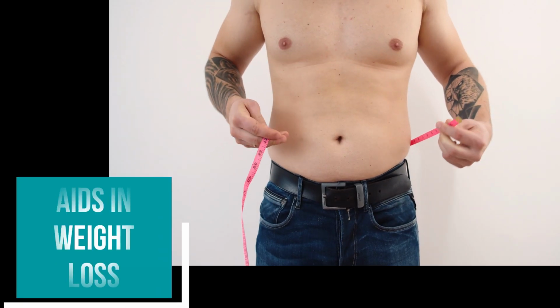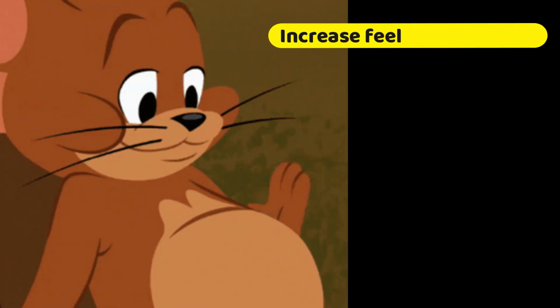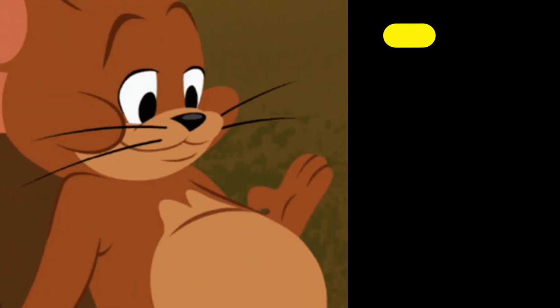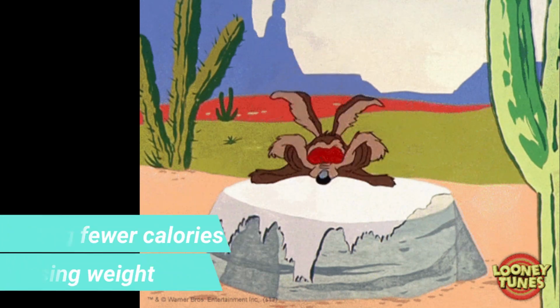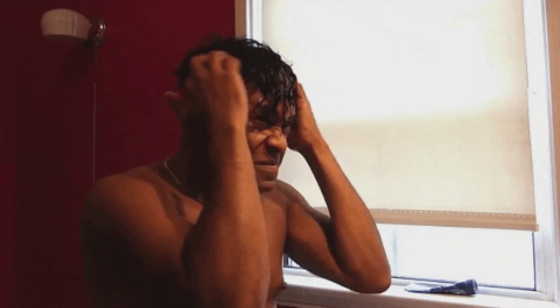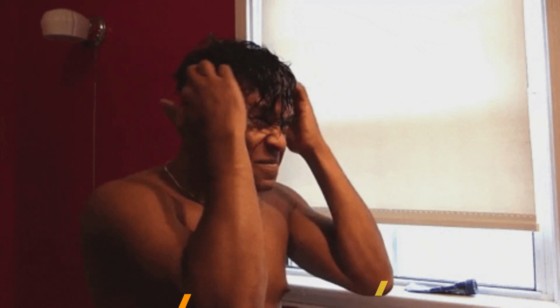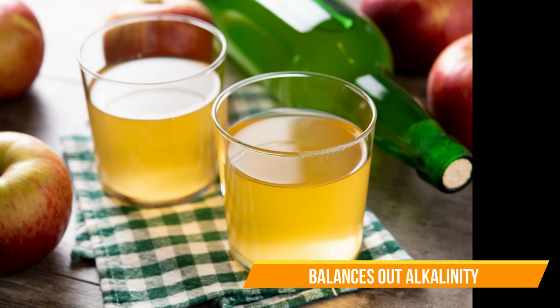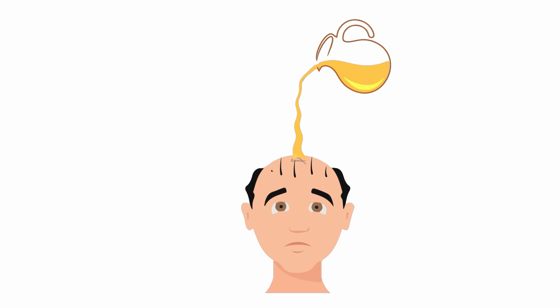Vinegar may also aid in weight loss. Several human studies have shown that vinegar can increase the feeling of fullness, and this leads to eating fewer calories and losing weight. Apple cider vinegar is also helpful for hair. Dryness of hair and scalp is a sign of increased alkalinity, and this mild acid can help balance it out. Thus, apple cider vinegar may help relieve itching and flaking of the scalp while stimulating the hair follicles for improved